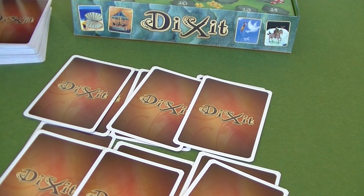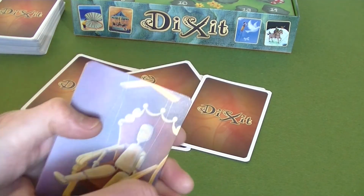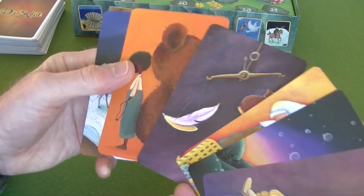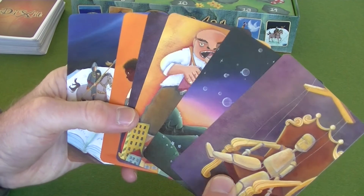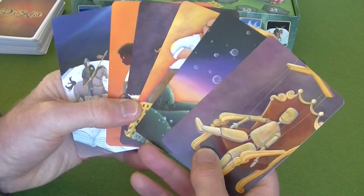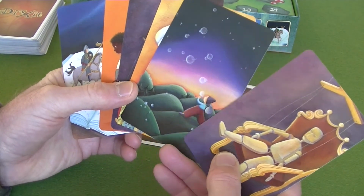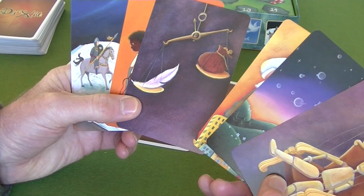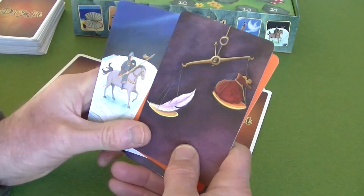And you have a discard pile there as well that you draw from later in the game. So if I was this player here, I had been dealt these 6 cards, and one of the players is designated the storyteller, so let's say that I've been designated the storyteller for the first round. So I choose one of my 6 cards without the other players seeing. So I'm going to choose this one, and I have